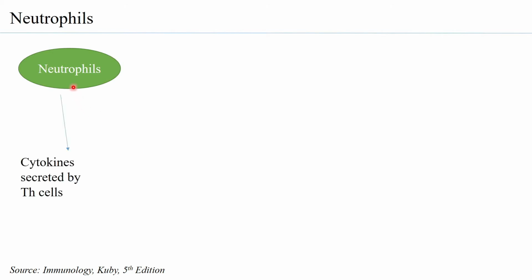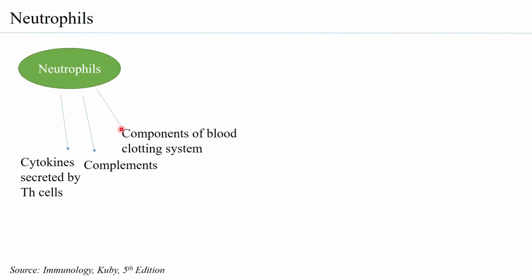Now neutrophils, therefore, we said that through chemotaxis it is able to function. So neutrophils can be attracted by cytokines that are secreted by T helper cells. They can interact with the complement system, which are molecules of the immune system that help in elimination of antigens or foreign molecules. They are associated with components of the blood clotting system, and they are also attracted to cytokines secreted by